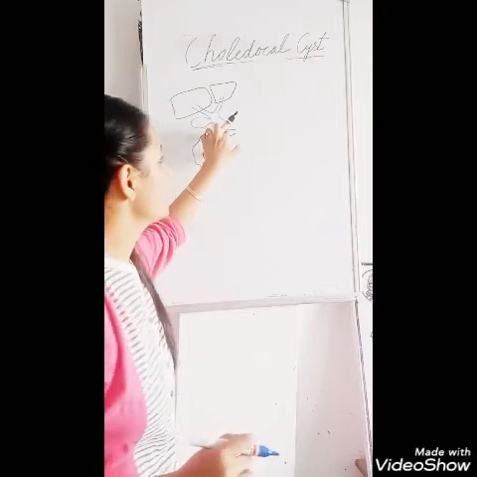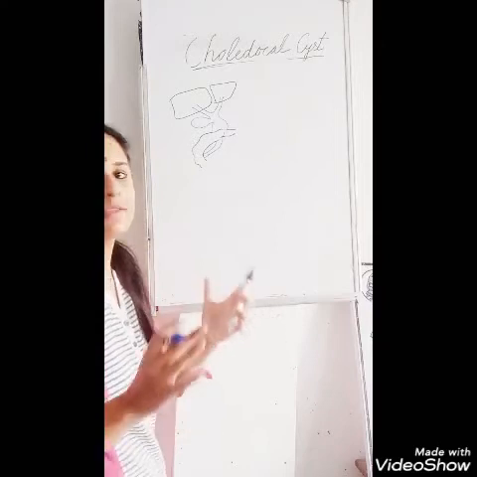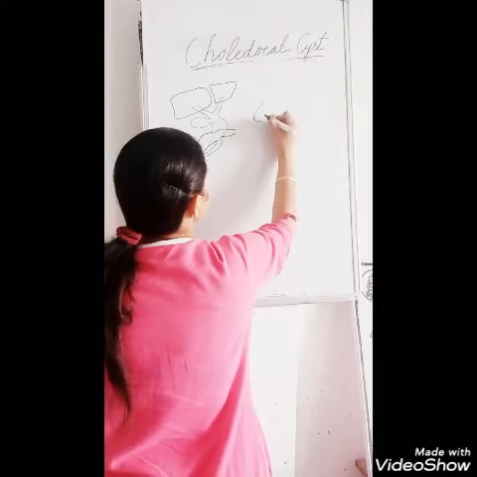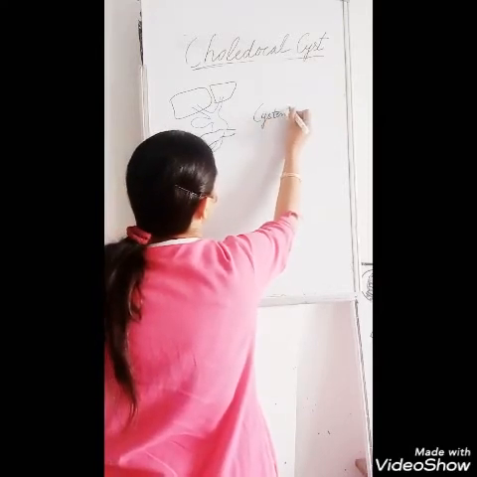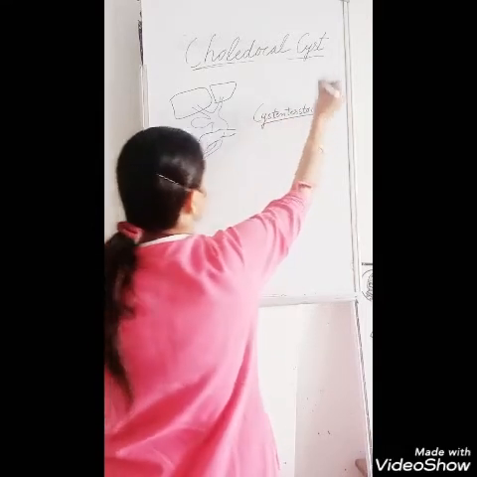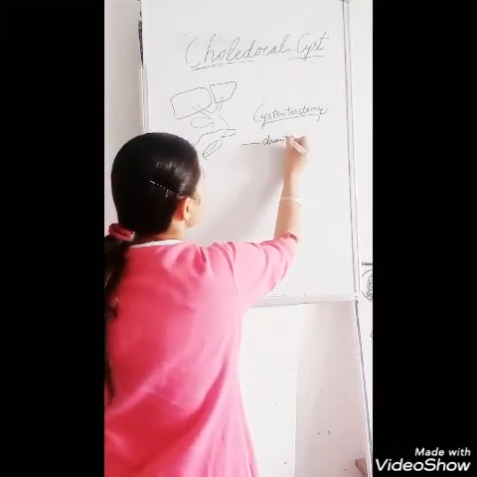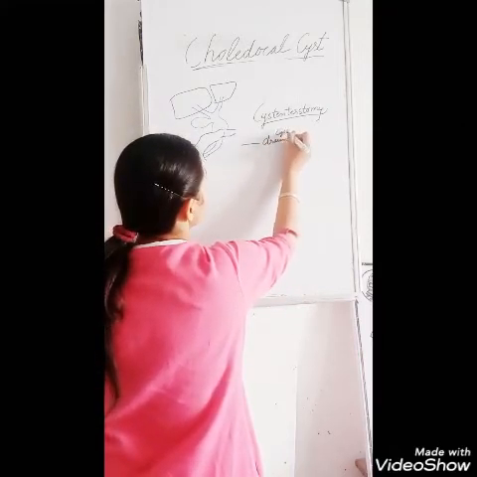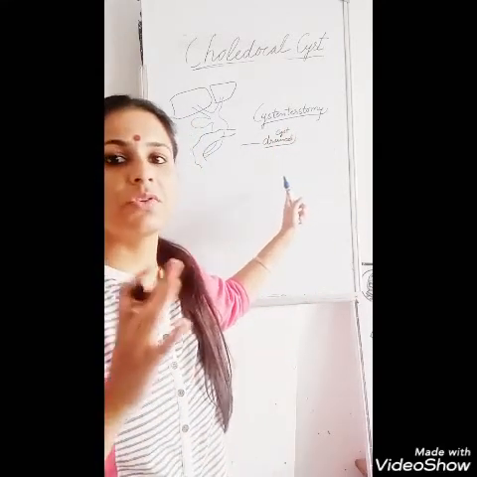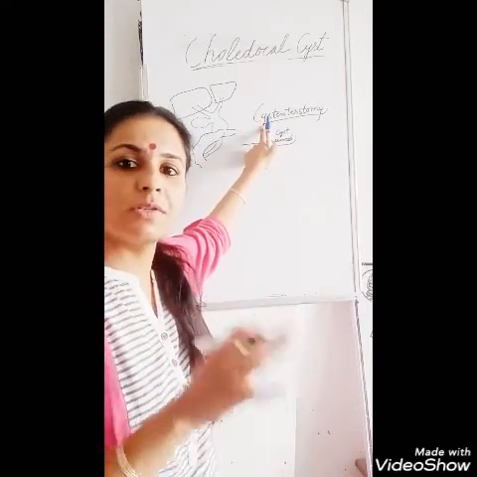This procedure is known as cholecystectomy. So earlier the cystenterostomy was done. Earlier this procedure was done, cystenterostomy, where the drainage of the cyst was done. The cyst was not removed. In earlier days, the cyst was drained. This procedure is known as cystenterostomy. So in this procedure, the cyst was drained.